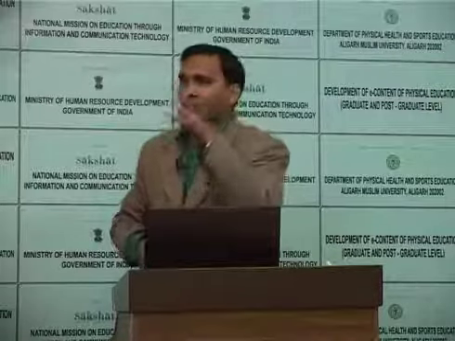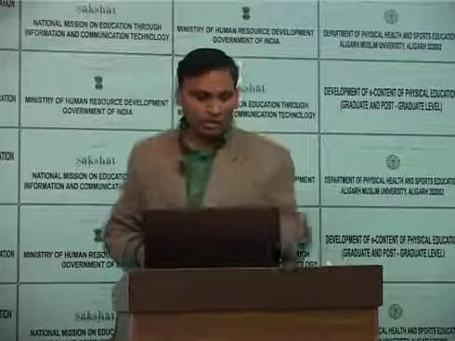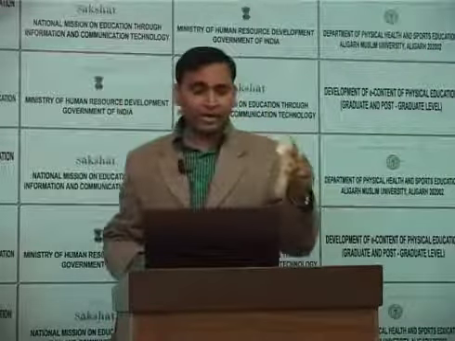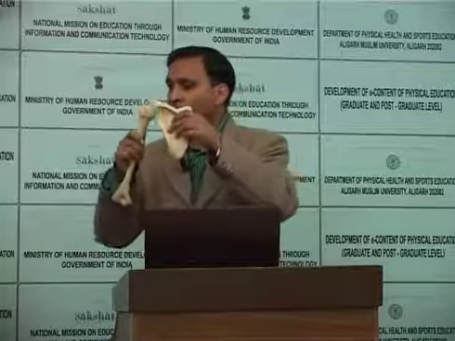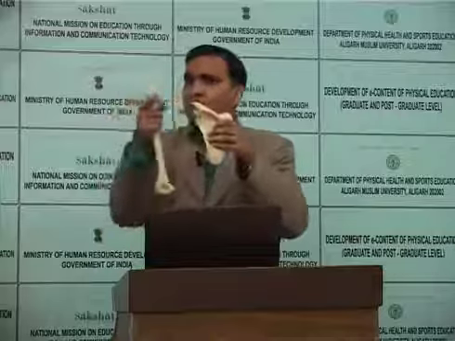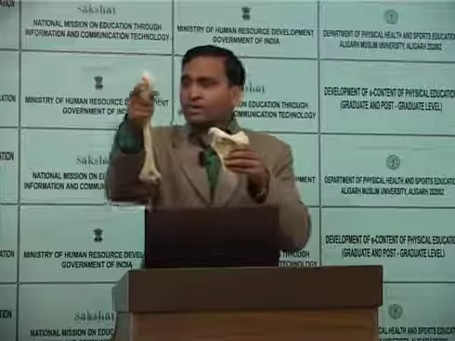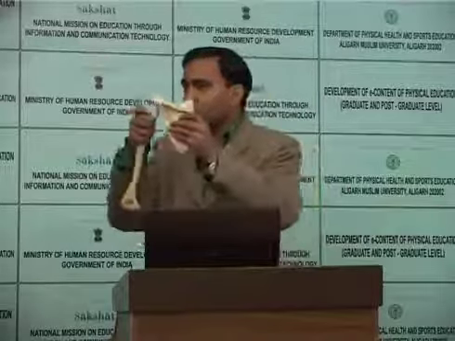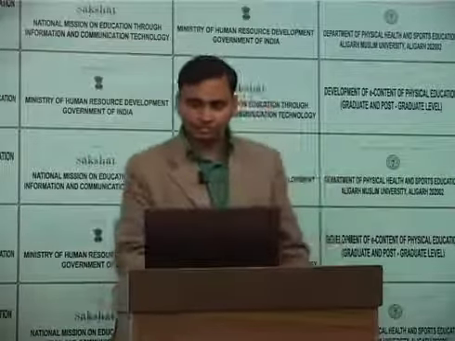When you see the anatomy of the shoulder joint, the glenoid cavity is shallow in comparison to the acetabulum of the hip, which is deeper, whereas the head is not rounded. So there is no proper congruency. It is only one of the factors, one of the muscles, that is supraspinatus, which tries to bring these two things closer and prevent dislocation or subluxation of the shoulder joint.